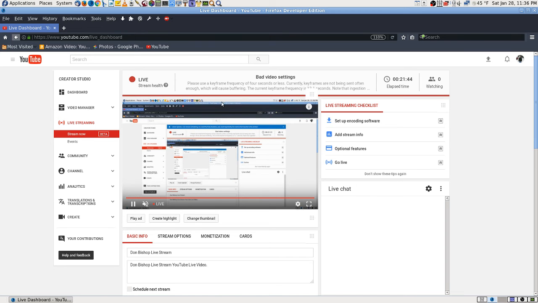See right here. I can pause it though, and I think I'll do that. And then the audio's automatically paused. If you turn it on, you'll get a delay, and it really bothers your ears. It says, please use a keyframe frequency of 4 seconds or less. Current keyframes are not being sent often enough, which will cause buffering. The current keyframe frequency is 15.2 seconds. Note that ingestion